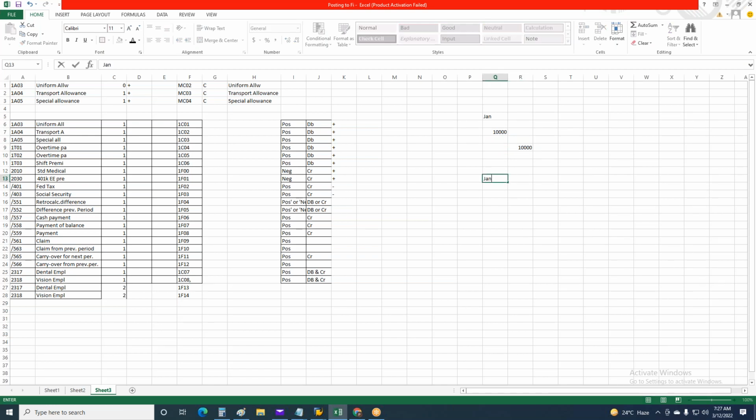Now, January in February, that means it went retro. The basic pay increased from 10,000 to 12,000. Net pay will remain the same, but the difference amount 2,000 is taken into /551. In RT, it is always with a negative sign. Okay, negative sign. So in February,